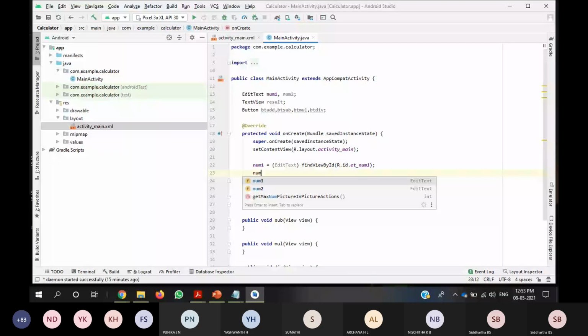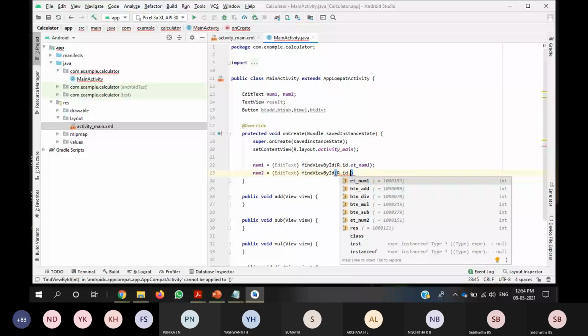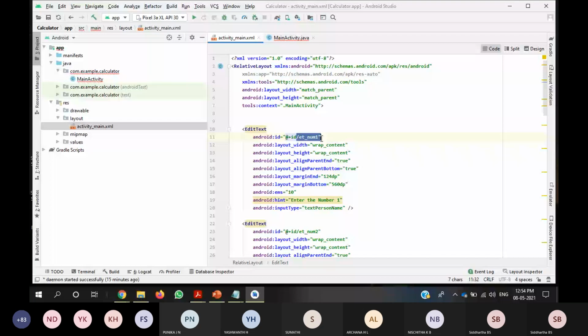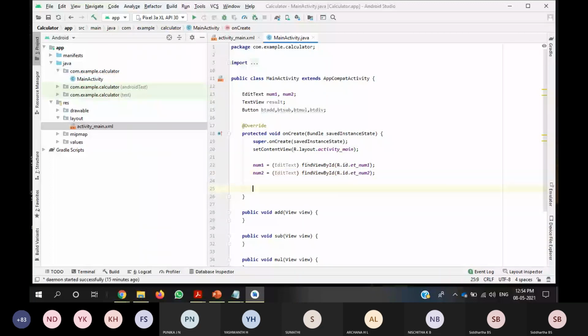EditText, we need to identify with findViewById, R dot id, and the name we have given over here. We need to identify through these names only. Once you type it, the drop down will appear and you can select from there itself. Next is result equals to, what is the result?